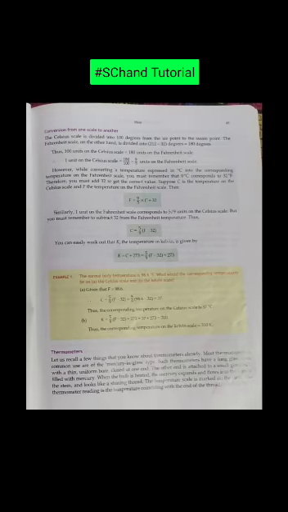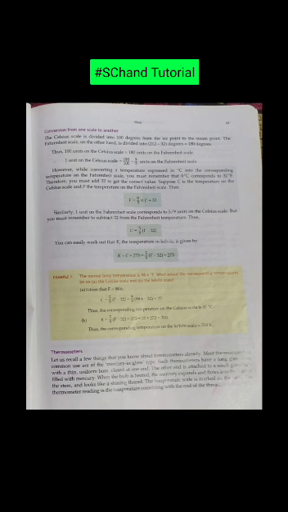So we will discuss how to convert from one scale to another. If we talk about the Celsius and Fahrenheit scales, Celsius has 100 divisions, from 0 to 100, and Fahrenheit has 212 minus 32, a total of 180 divisions. One division is also called a degree. So 100 units on the Celsius scale is equal to 180 divisions on the Fahrenheit scale. It means 1 unit on the Celsius scale will be equal to 180 over 100, that is 9 over 5 units on the Fahrenheit scale.